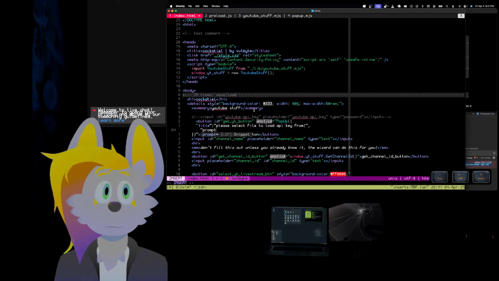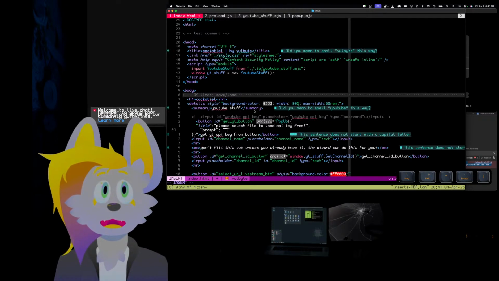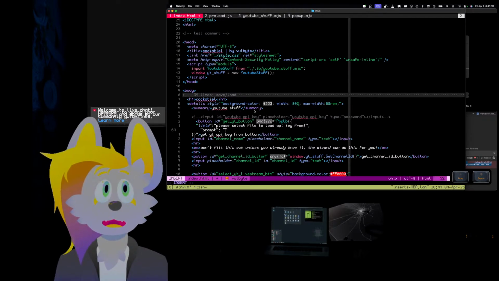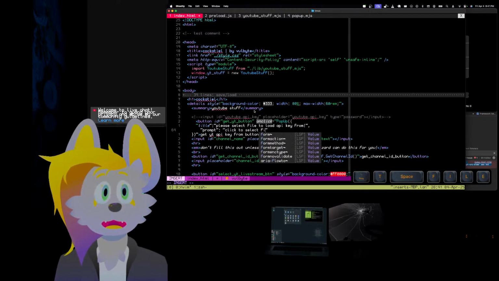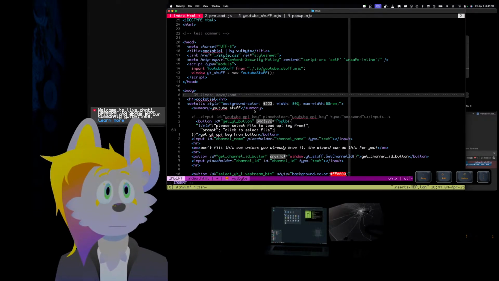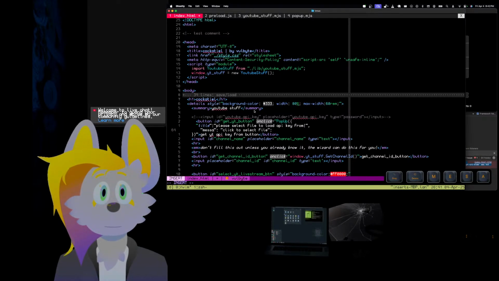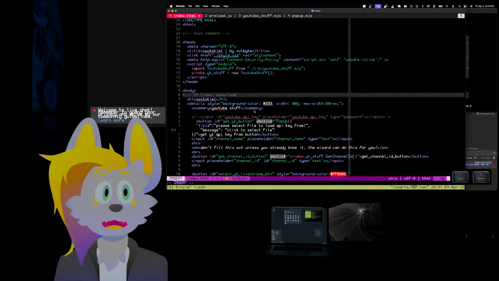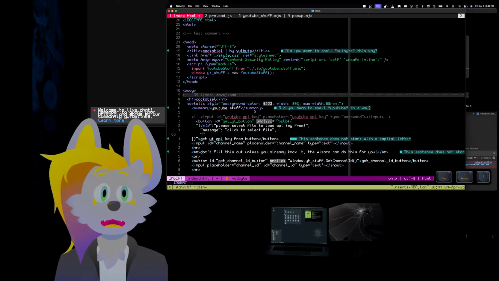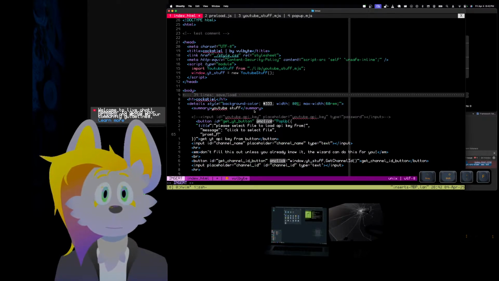And then the prompt is going to be click to select file. Or I should make that the message so there's an option. Message. And then after I get the message, I want to do prompt underscore function, which is then going to be,